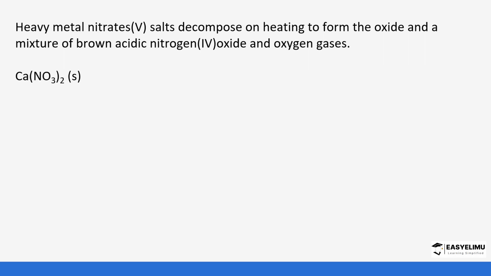So for example, if it's calcium nitrate, when you heat it, you're going to form calcium oxide plus nitrogen 4 oxide plus oxygen gas. So you can see we have to balance this equation. So we have one calcium, and then we have 2 nitrogens, and then we have 6 oxygens. We said calcium is 1 on both sides, nitrogen is 1 on both sides, oxygens are 6, but on this side the oxygens are